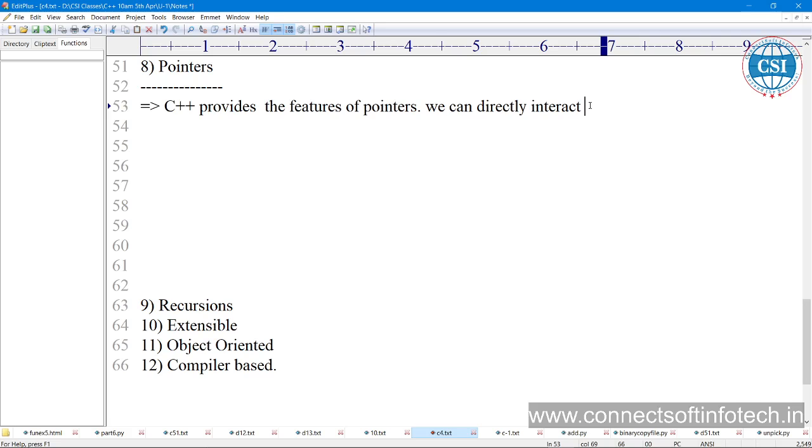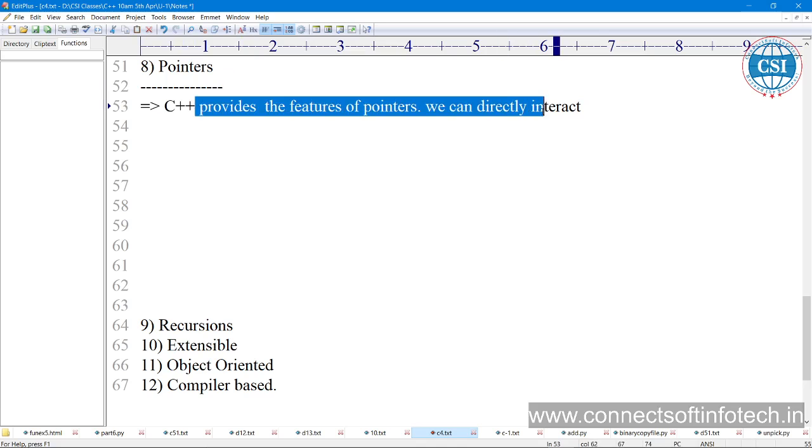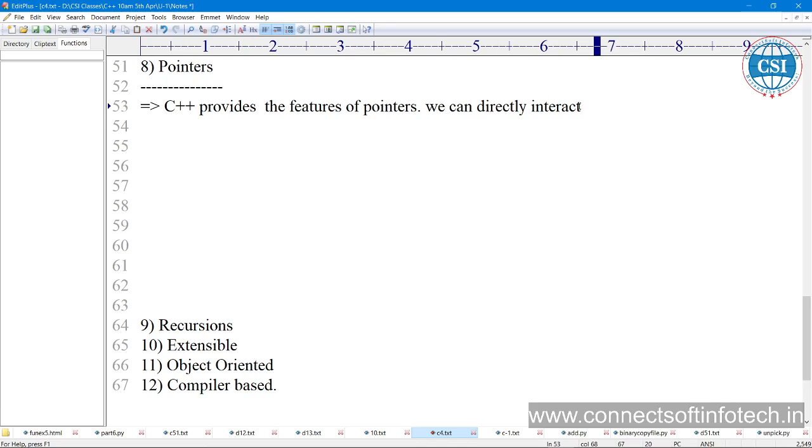उसका एड्रेस सर्च कर रहे हैं। हाँ, वो घर में कौन से घर में ABC है। जस्ट वी आर डायरेक्टली फाइंडिंग द एड्रेस। ओके, उस एड्रेस पे ये पर्सन मिलने वाला है। जस्ट वी आर डीलिंग विद द एड्रेसेस, डायरेक्टली उस एड्रेस से हमको वैल्यू मिल जाएंगी। वो वैल्यू कहाँ पे, वो नहीं सर्च करे, दैट इज पॉइंटर कॉन्सेप्ट। ओके, C++ प्रोवाइड फीचर्स ऑफ पॉइंटर, वी कैन डायरेक्टली इंटरेक्ट विद द मेमोरी एड्रेसेस,